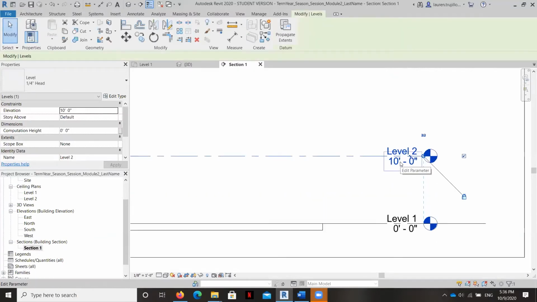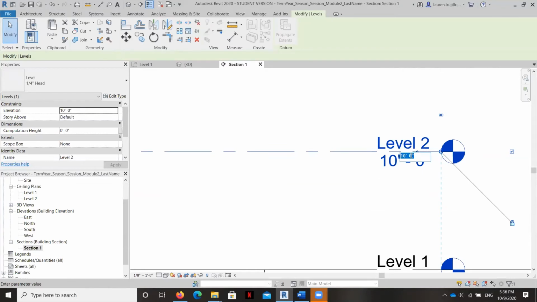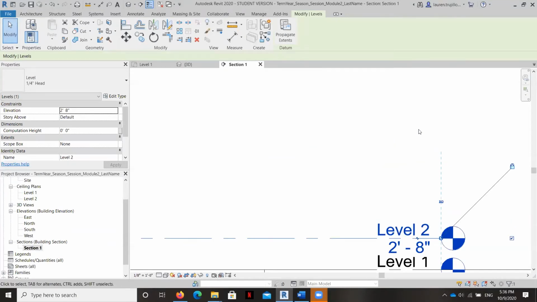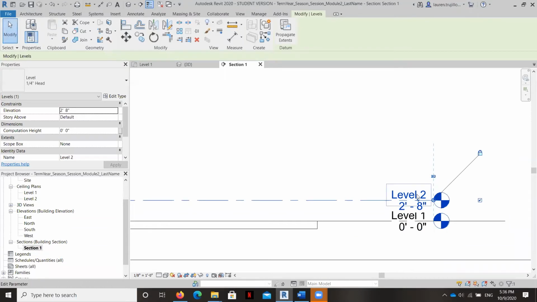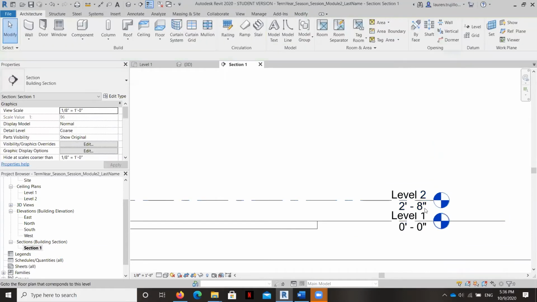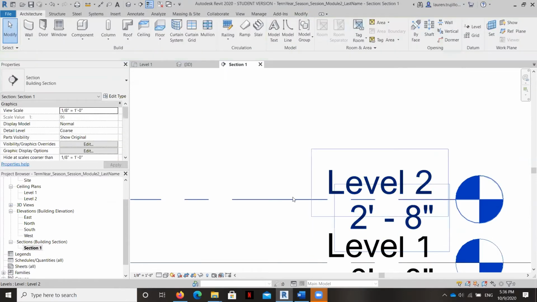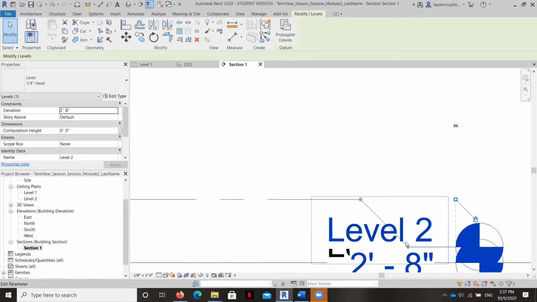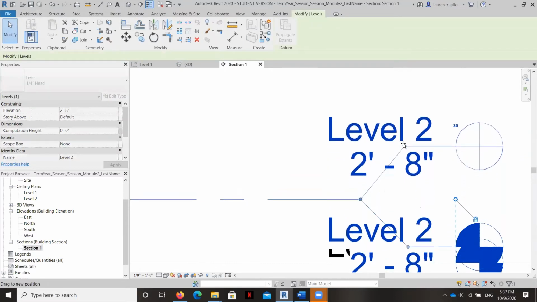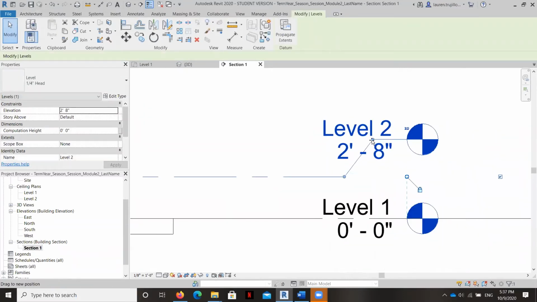I'm going to change this by zooming in and clicking on that number, and it's going to allow me to overwrite it. So I'm going to make that 2 feet 8 inches, and see how the level came right back down. Okay, so it's nice and close. We don't want them to overlap. We don't want the text to overlap. And so we can move these grips up a little bit if we have to by creating an elbow here and a break line. See how I clicked that little zigzag and I moved it up like that, and I can move this over and I can move this over.